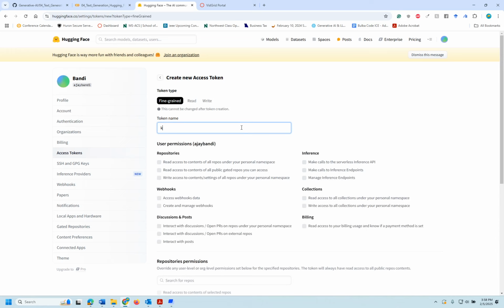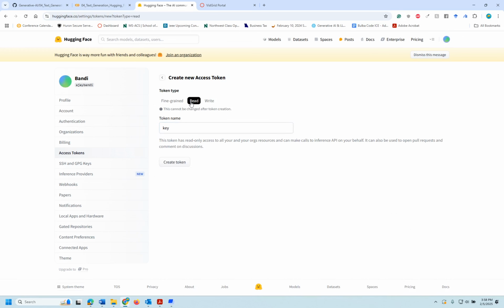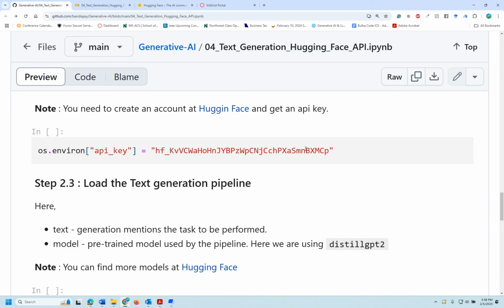So provide a name as a key and select the read mode and then create a token. I'm not creating one on the video, but once you create a token, you could copy that token from the Hugging Face and paste it in the Google Colab. Okay, so now I hope you get this with the Hugging Face. And now let's go to our